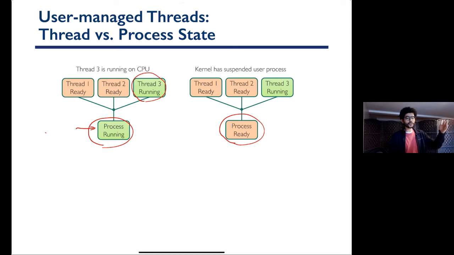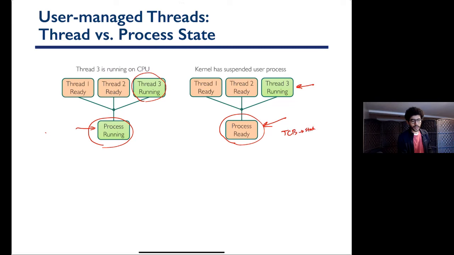So it's going to go to ready. Now, we didn't have any time to change the state of the internal threads. So if I look at the internal threads' state, the state is running. The reality is that this main user process is preempted, and now it's on the ready list. So in the TCB